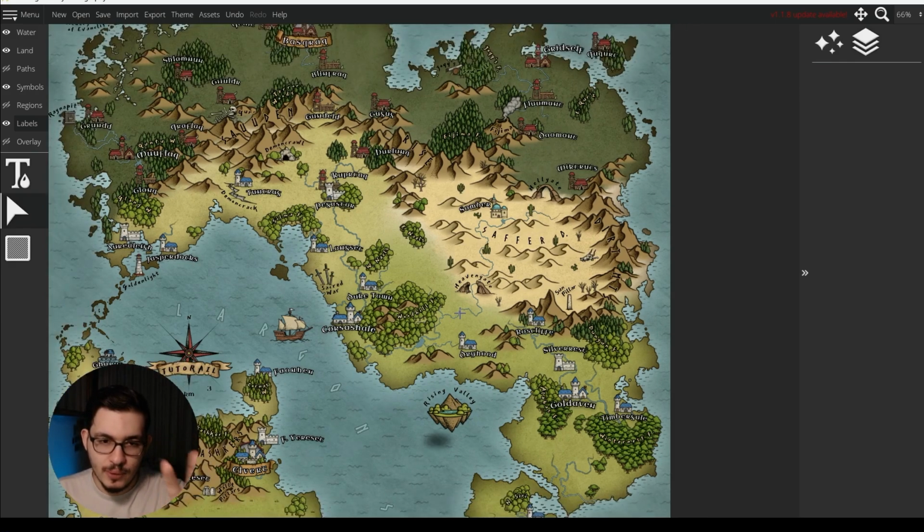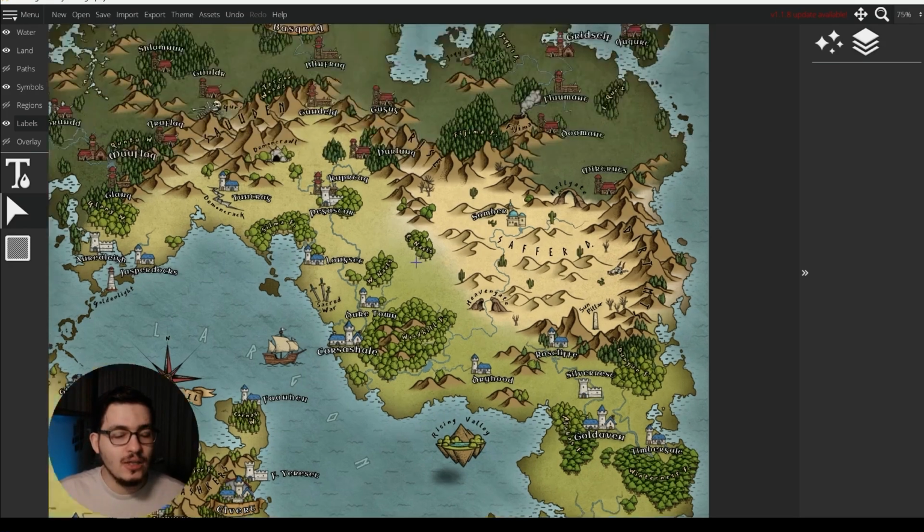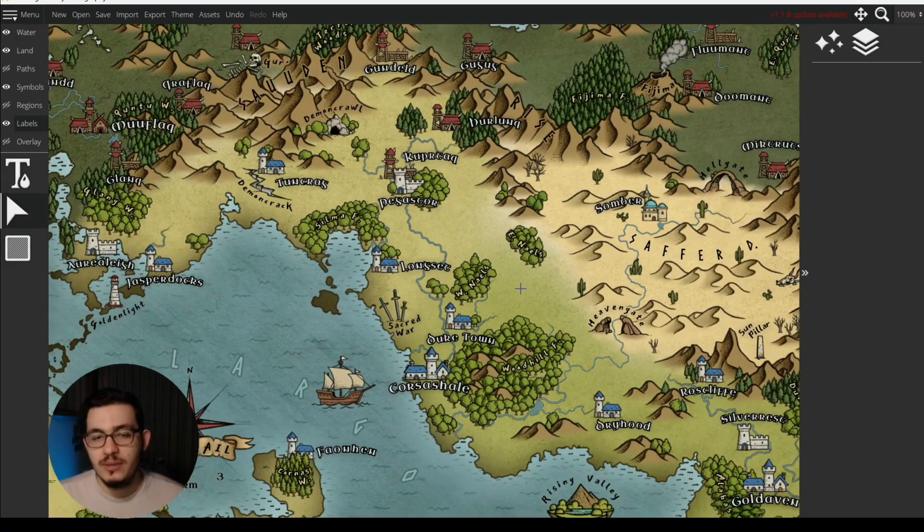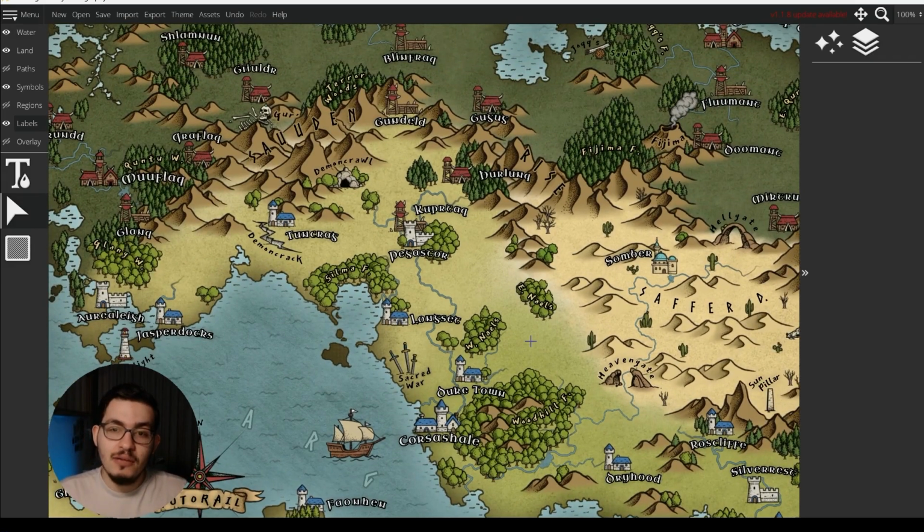I labeled as much as possible here so that I could show you what we could achieve with different combinations of fonts, colors and sizes. But when you are doing your works, you don't really have to label this much, or you could label even more if you need, or if you want to go like those old school maps from the medieval times where sometimes even the whole coastline is just full of names and towns and villages.